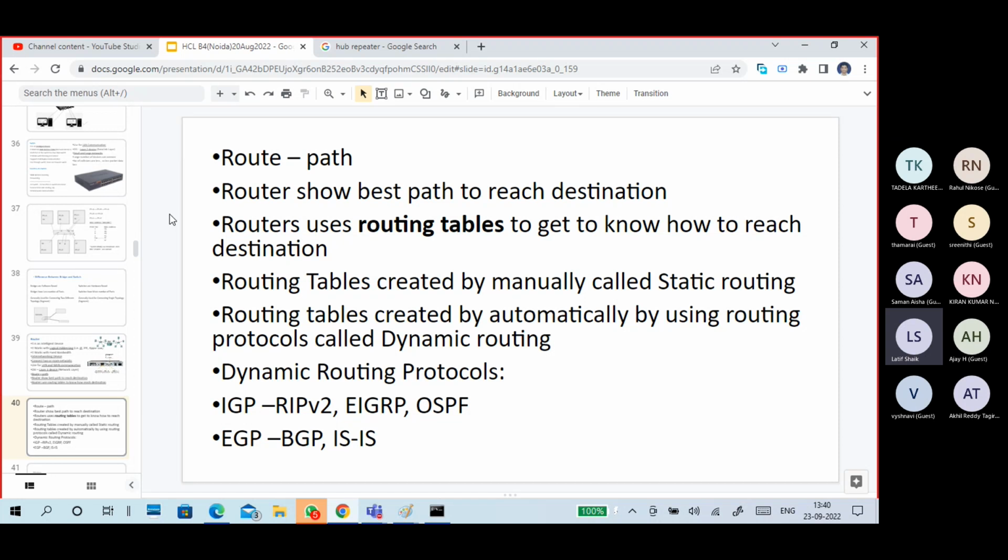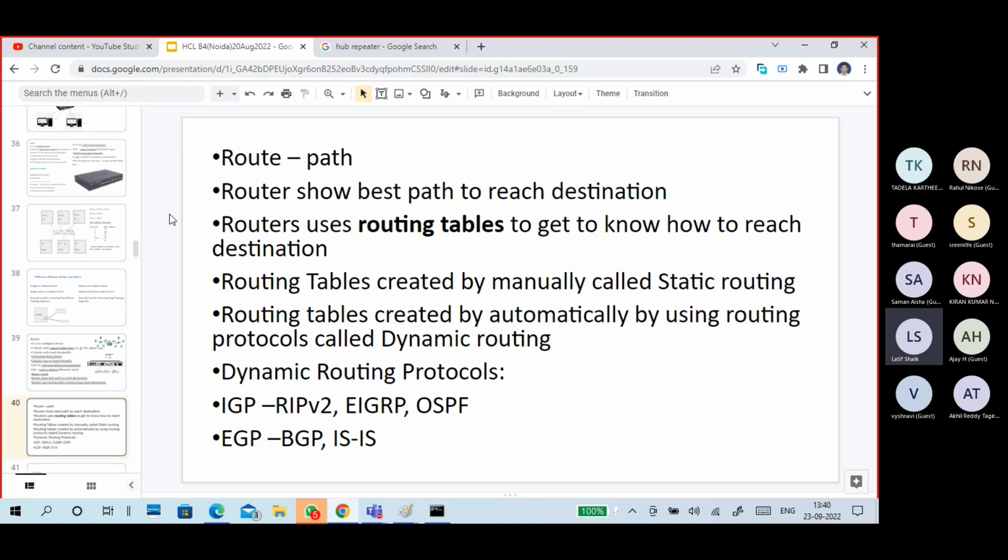Interior gateway protocols are RIP, Routing Information Protocol, and EIGRP. IGRP is also there, but nowadays we are not using it. That's why we only mention EIGRP, Enhanced Interior Gateway Routing Protocol, and OSPF, Open Shortest Path First. They have their own algorithms